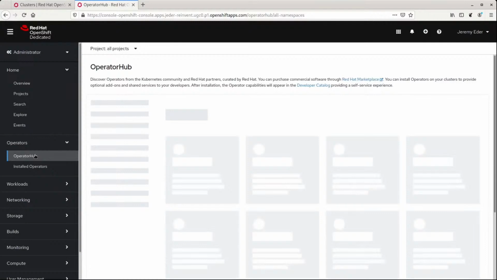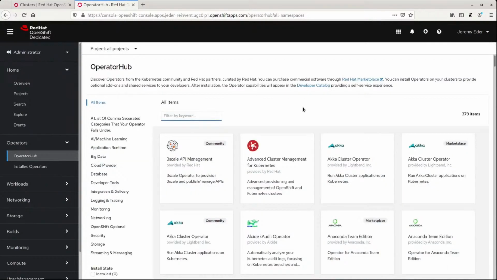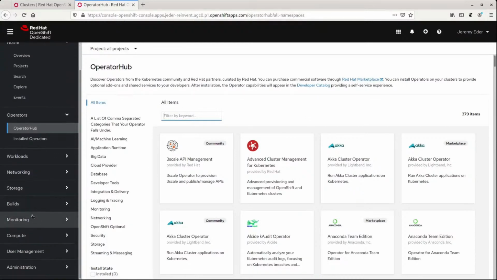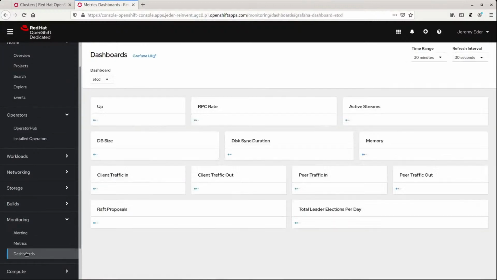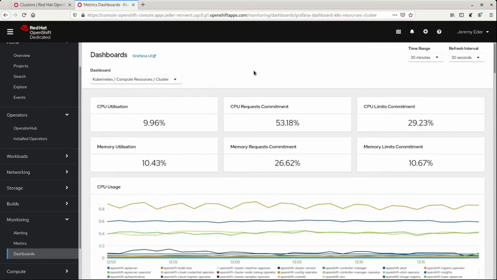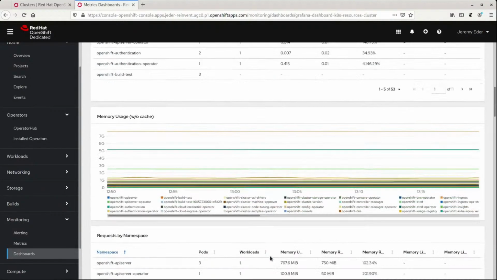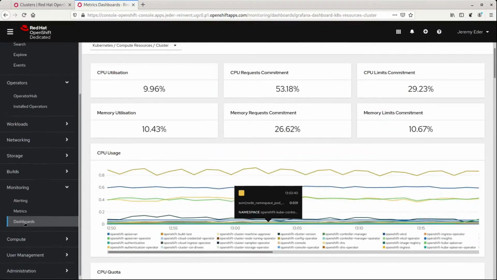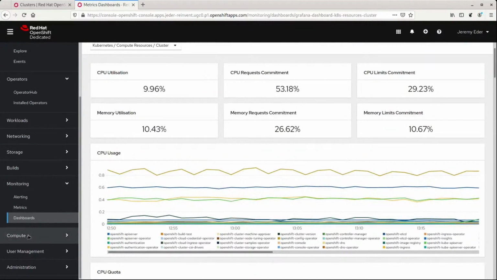You have access to Operator Hub, and there's just dozens or even hundreds of optional pieces of ISV software that you could potentially install. We have also some dashboards about this particular cluster itself. This one is about etcd. We also have cluster-wide resource utilization dashboards, which tend to come in handy.